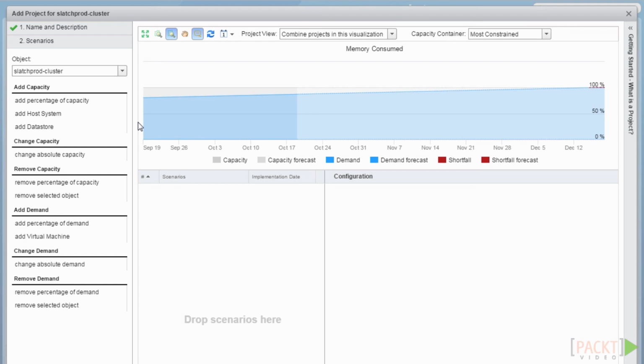We can change capacity in terms of a percentage. We can remove capacity based on a host or object or data store or percentage. Or we can do the same things with demand. So at a high level, adding and removing capacity would generally affect adding and removing ESX hosts, or possibly changing